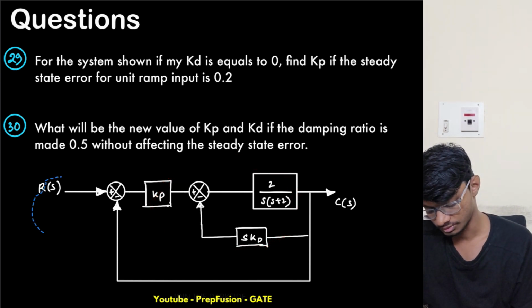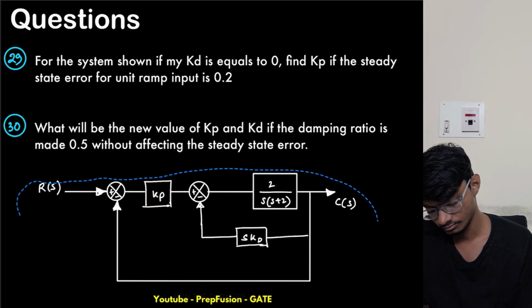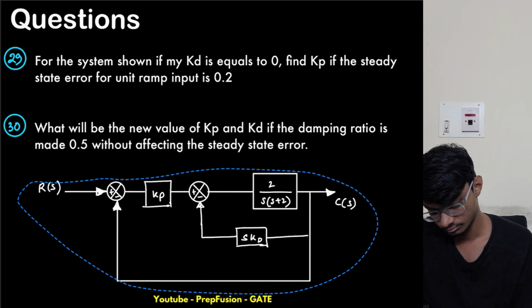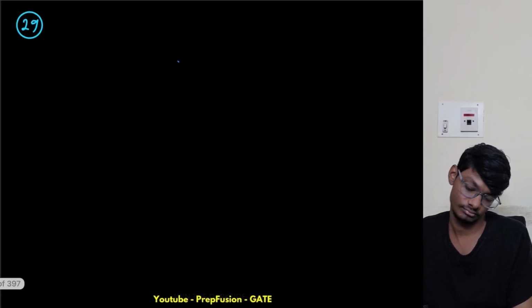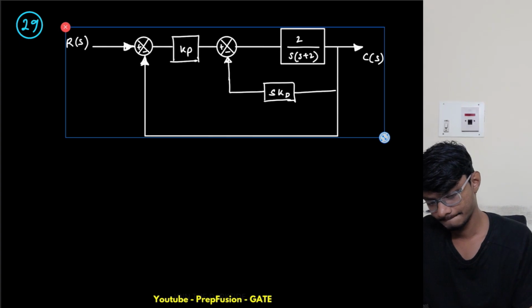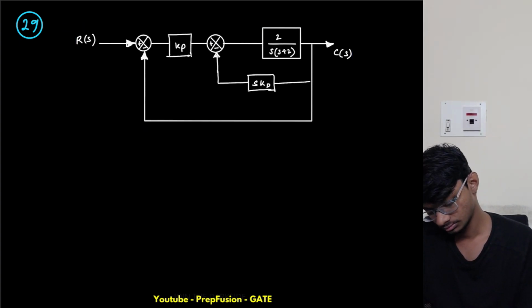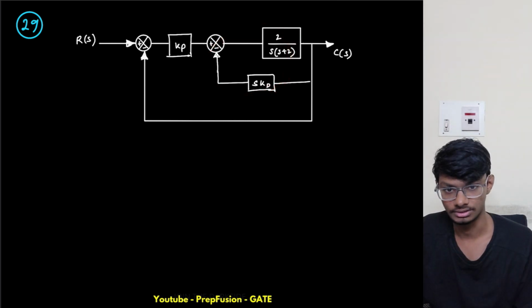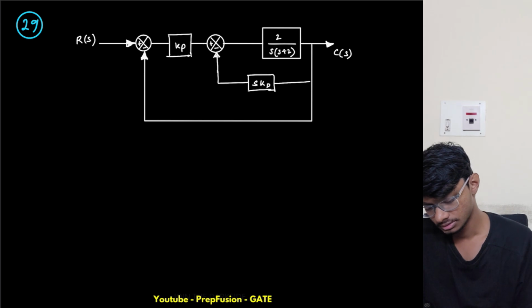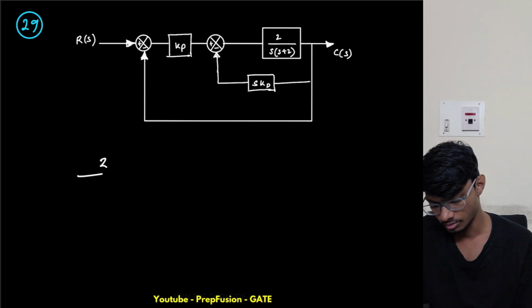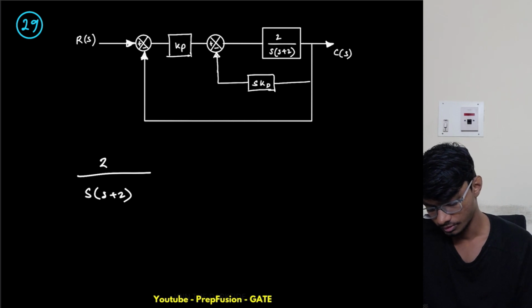So I'll copy this one. And how to convert this into one block? Write the equivalent transfer function. So what is the equivalent transfer function? The equivalent transfer function is 2 upon s into s plus 2, times 1 by g upon 1 plus gh. So 1 plus